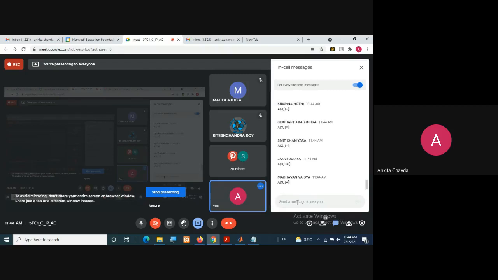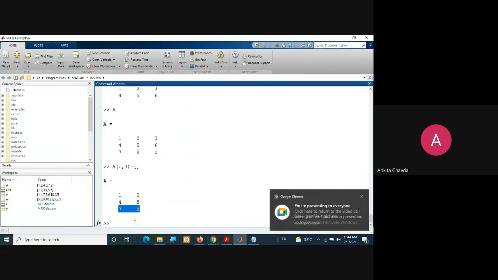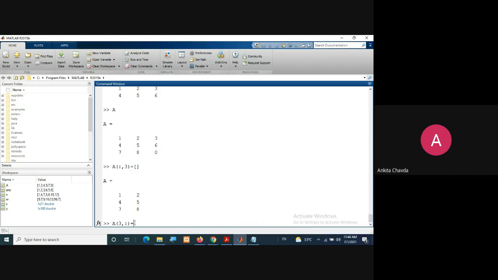Okay, A of 3 and all the columns, which you are setting to null. Good. So if I write A of 3, it means third row, and for all the columns I set it to the null vector, so it will be deleted.